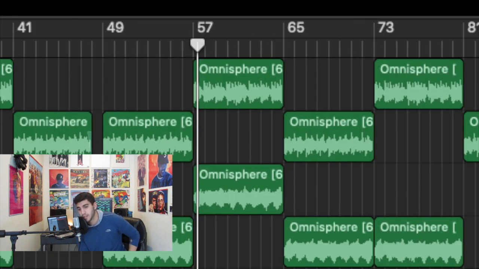A lot of the time what I like to do is add a pre-hook or a refrain or some sort of melodic breakdown between the end of the verse and the beginning of the next hook, just to drive the energy, right? So the way I want my energy to go is I want it to start real low, then start climbing, and then plateau a little bit at the first part of the hook, right? And then when the actual 8 bars of the hook come in, I want that to bang, to slap. For the verse, I want you to be able to come down from that energy a little bit, bring it back, and then the second part of the hook, I want it to be more energetic but not as full as the hook,